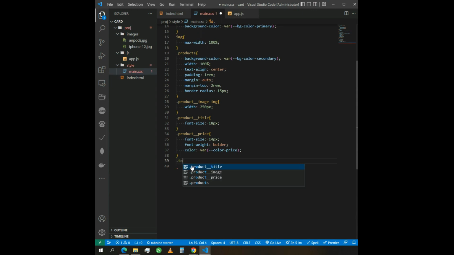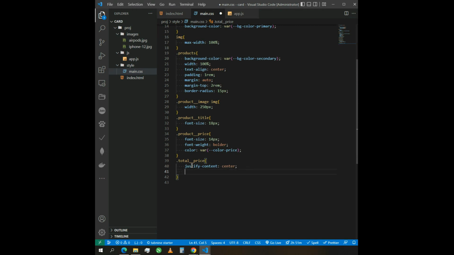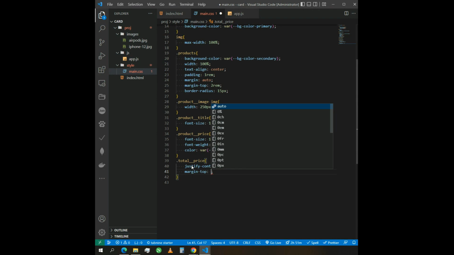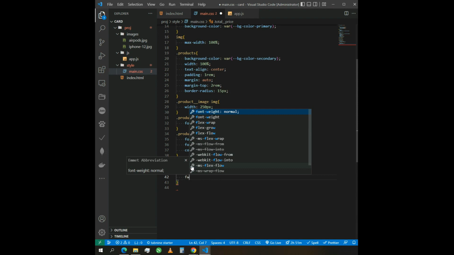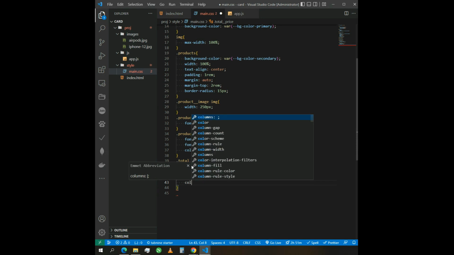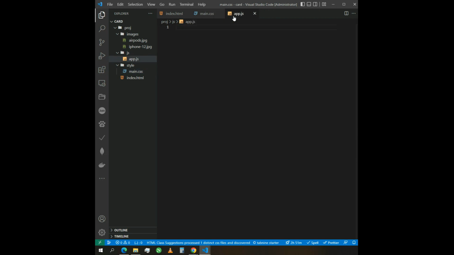So total price and set justify content center and margin top 30 pixel and font weight bolder and color is color price. Save,